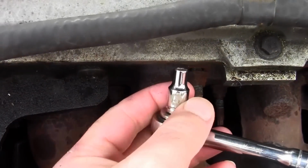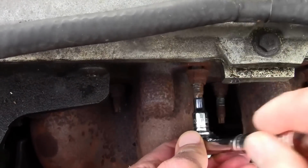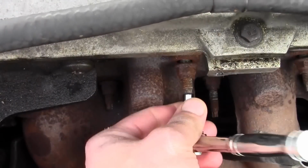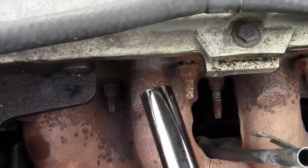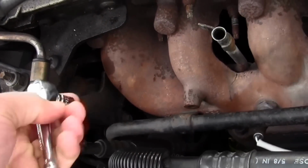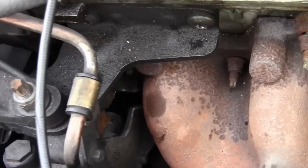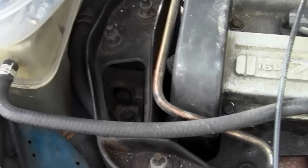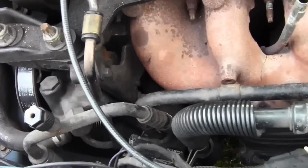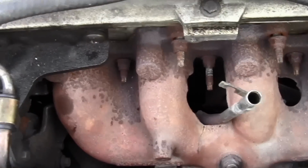Okay, see, this is a 5mm, and I'm gonna put it on the end here because the whole thing's coming off anyway. Get that on there, and you can see it turning. So that's one way. If you can't reach, if it's hard to access with the long, deep socket, then use that, especially for the one clear back there. Now you can remove that bracket. Well, you remove the engine mount, and then that bracket right there underneath it. And also you can drain the cooling system and take out all these hoses, but I'm gonna try to do it without it. I've done it before without it. I'm not sure about the bracket, but